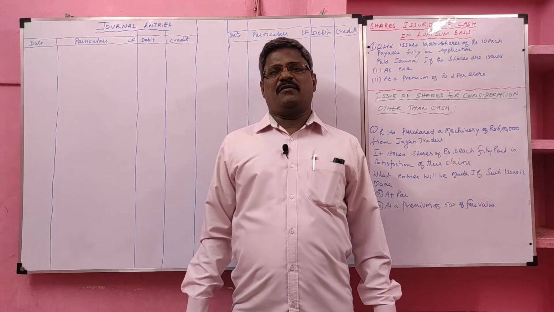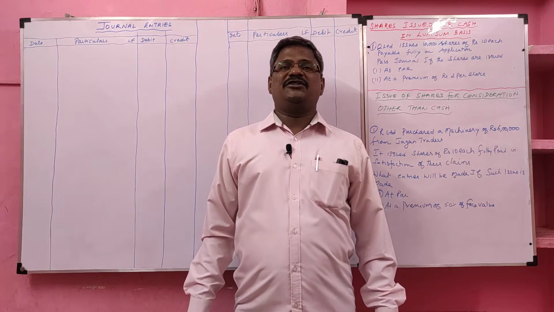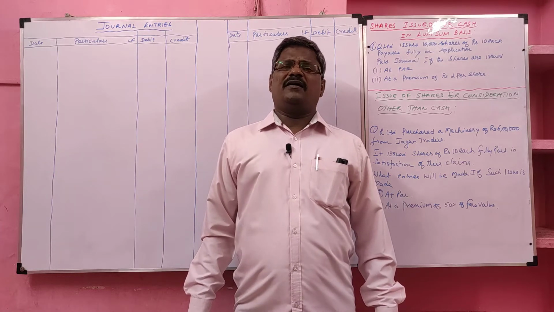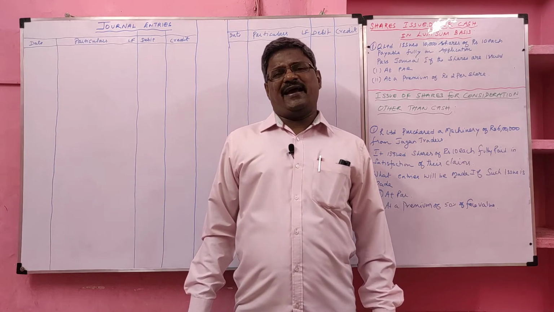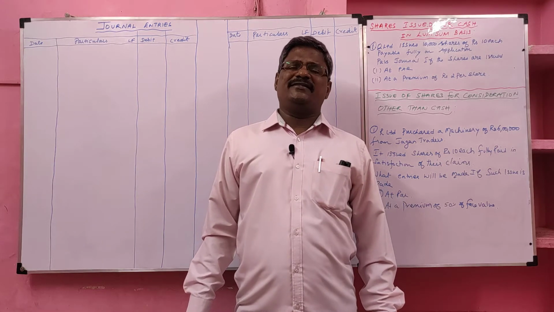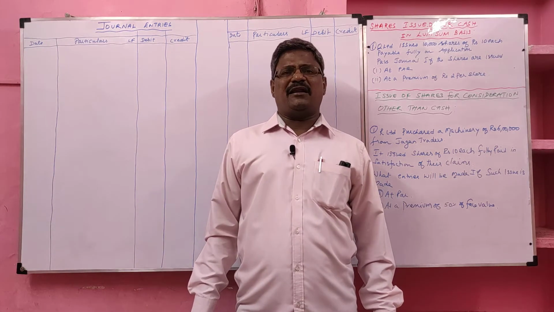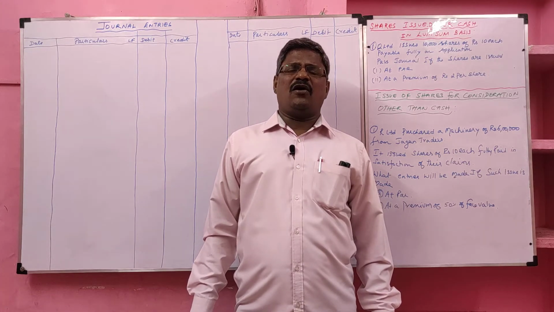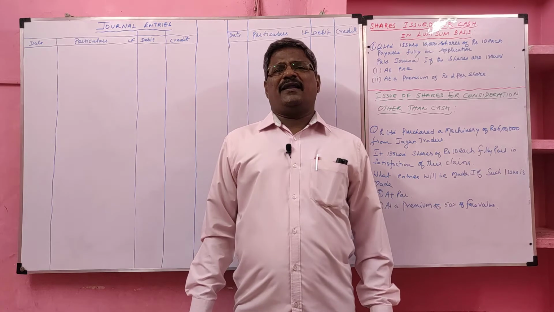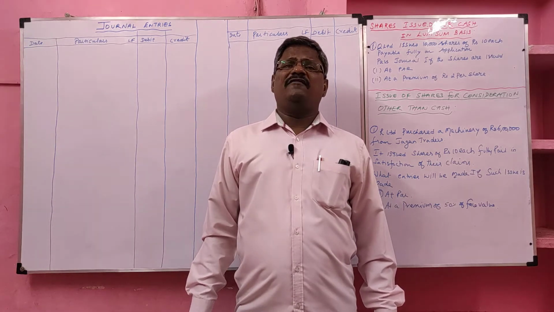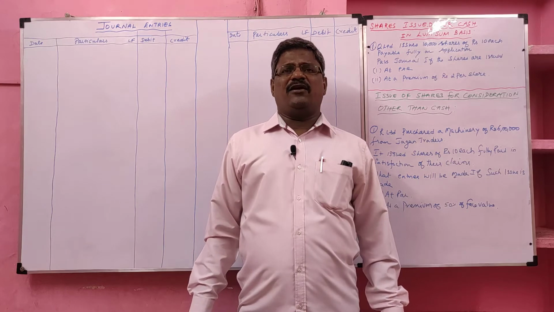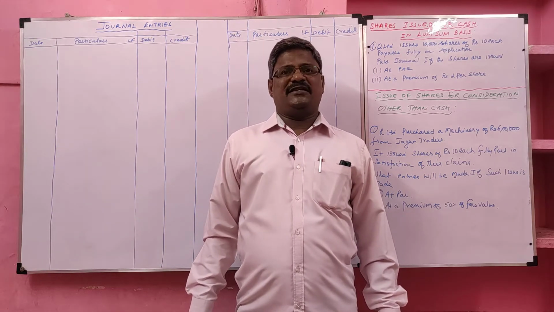Today we are going to learn about shares issued for cash in lump sum method. Already we learned shares issued for cash on installment basis. In installment basis, the company collects the share money on application, on allotment and on calls. But here the company will not give any installment basis. The company will collect the entire share money on application. Let me show the problem.